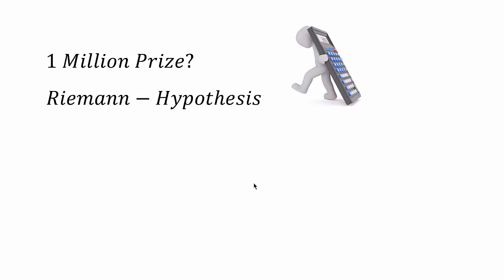There are 8 millennium prize problems in mathematics, and one of them is the Riemann hypothesis, which is related to the distribution of primes. I'm not going to make this hypothesis clear here; you can search the internet for it. I'm not going to describe the details of the Riemann hypothesis, but I'm just going to discuss